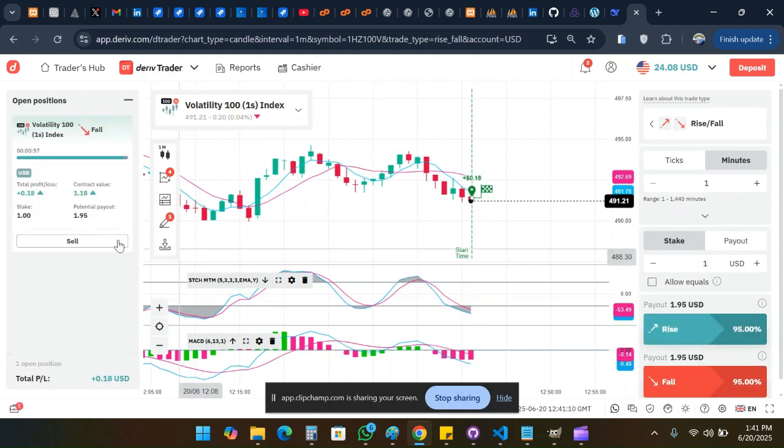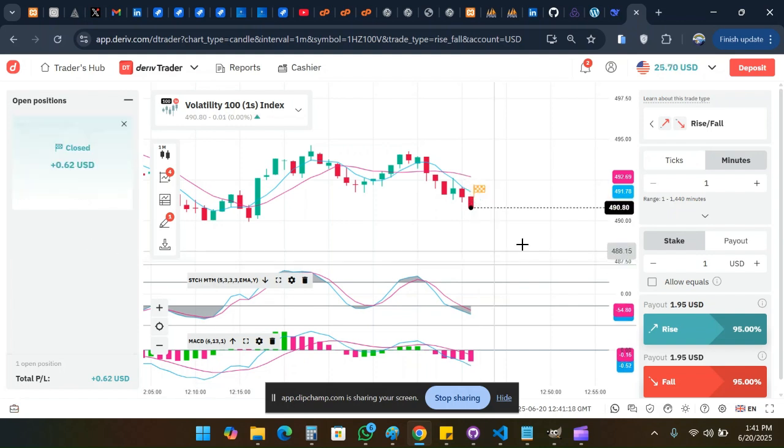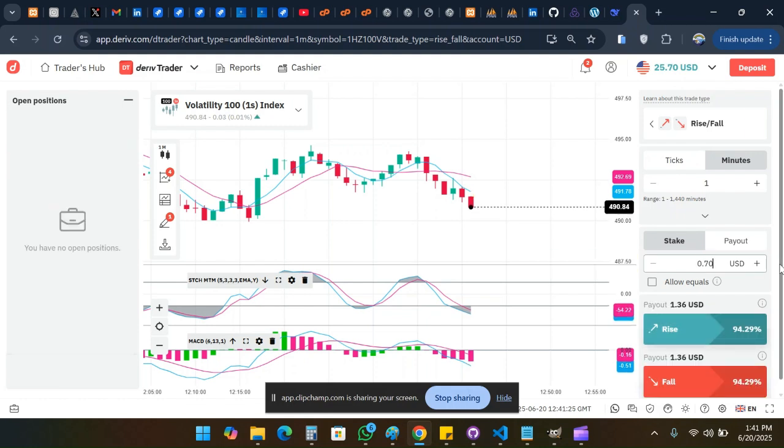Let's see. Good. We're not going to stay long. Sometimes you may not need to stay long. Once it gives you some little profit, are you getting it now? That 50 cents, that 62 cents. That is it. Understand? So little by little, you just enter. Once you move in your direction, you get that little profit, just come out. Or sometimes you may wait for the candle to end. Understand? So that is that.